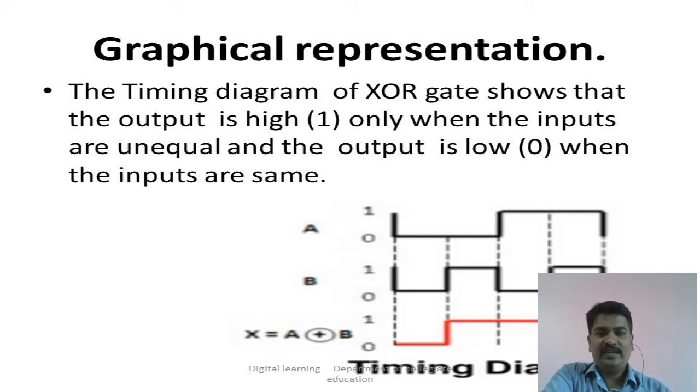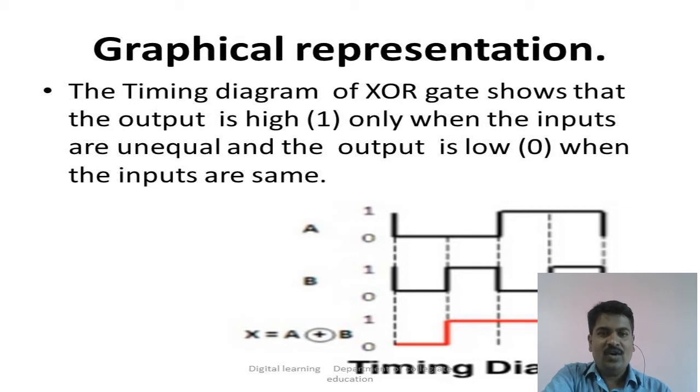As I told you, for the input A, we can represent the two states 0 and 1. This horizontal line below will represent the 0 state and above will represent the state 1. Similarly, we represent the states 0 and 1 for another input B, and we have an output, you can take it as X or Y. Y is equal to A XOR B, and that is A B bar plus A bar B. Alright, this diagram can also be called the timing diagram.